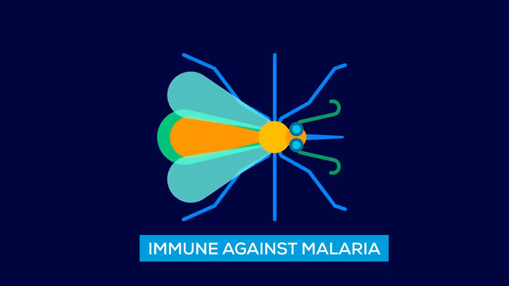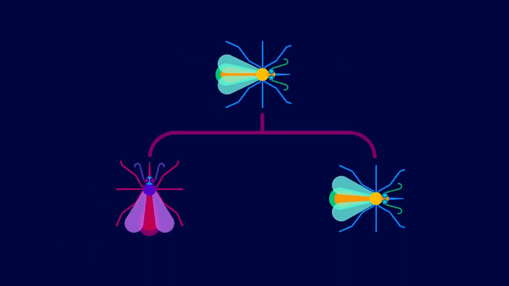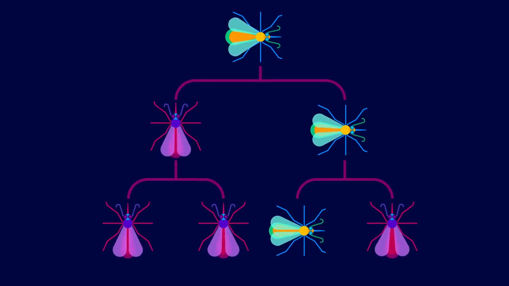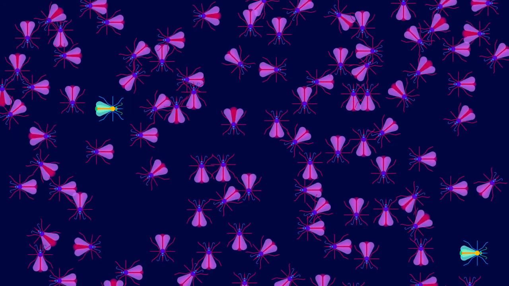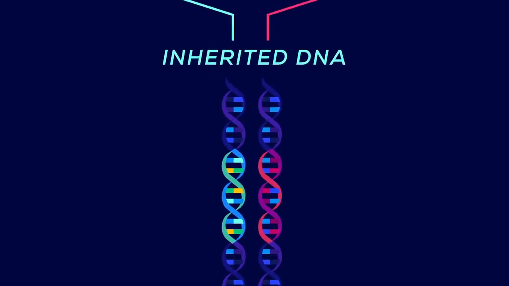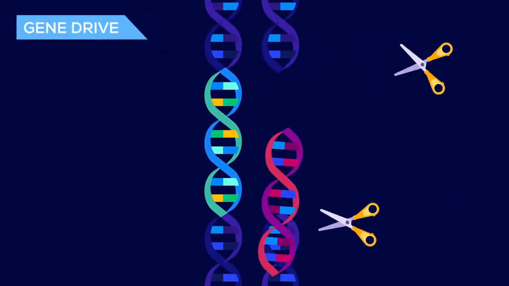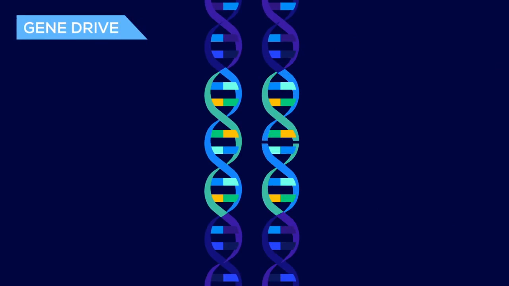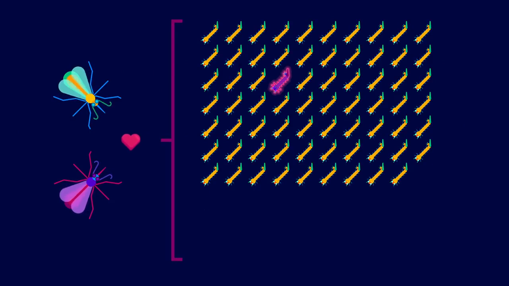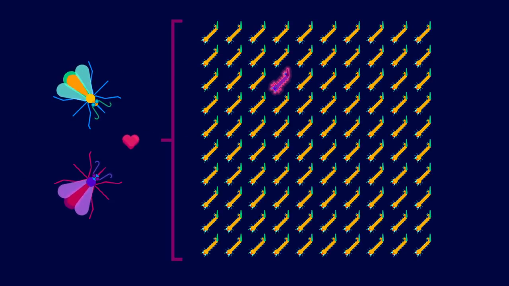But just changing genetic information is not enough. The edits would only be inherited by half the offspring because most genes have two versions inside the genome as a failsafe. So after just 2 generations, at most only half of the offspring would carry the engineered gene. In a population of billions of mosquitoes, they would hardly make a difference. A genetic engineering method called the gene drive solves this problem. It forces the new gene to become dominant in the following generations, overpowering the old gene almost completely. Thanks to this twist, 99.5% of all the engineered mosquitoes' offspring will carry the anti-malaria edit.